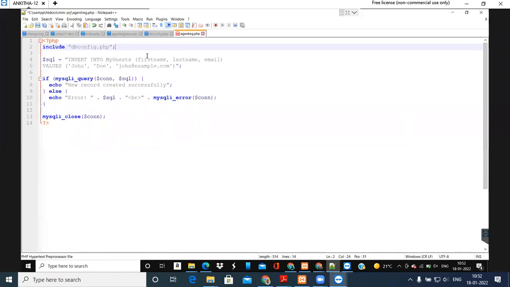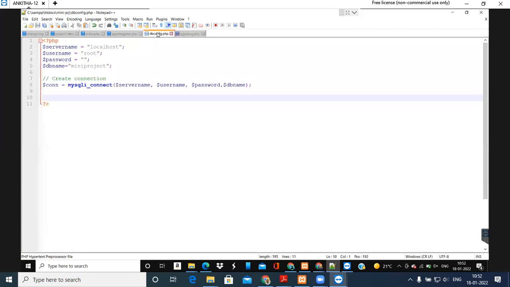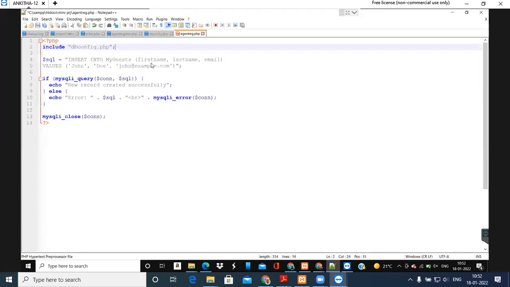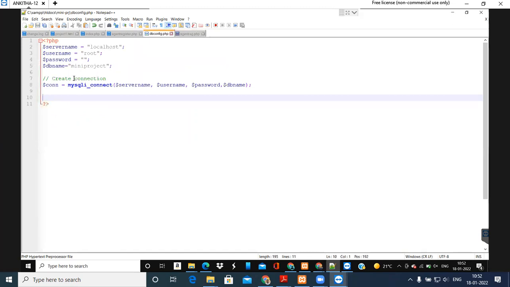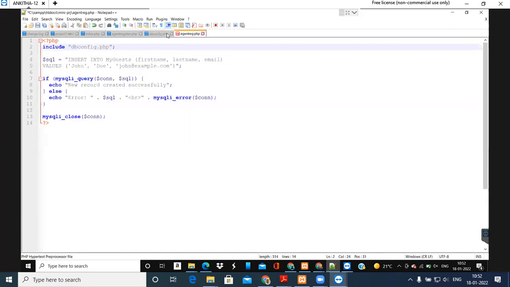Now I included that dbconfig file in this file. Why do we need to create a separate dbconfig? Like this, here we created one file for inserting data, and similarly we create n number of files for one project. Suppose you change your database name. If you did not create dbconfig, you would have to change that database name in all the files.